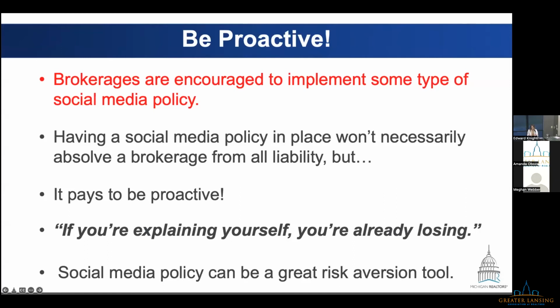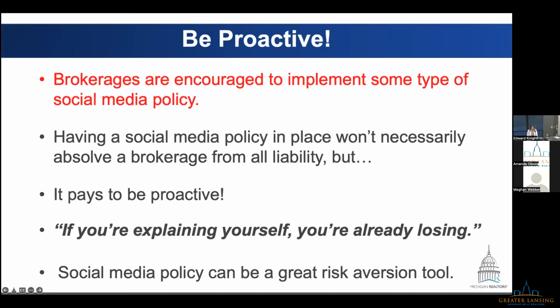And what we mean when we say that is that if you find yourself in a position where you are being asked to explain or justify your words or your actions or your behaviors or your social media posts, as they relate to fair housing or some alleged fair housing violation, then you're already in a bad position, because it's likely that the damage is already done, damage to your reputation, damage to the community, to the brokerage, to the industry as a whole, just because of the negative press that is associated with fair housing violations and alleged fair